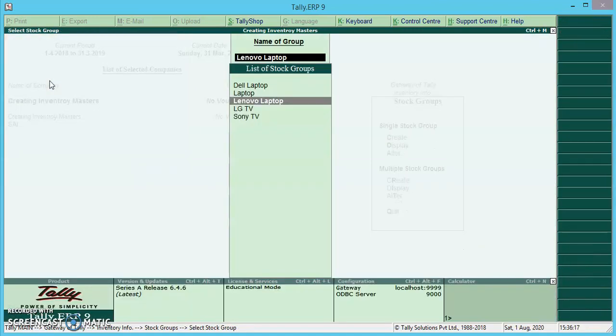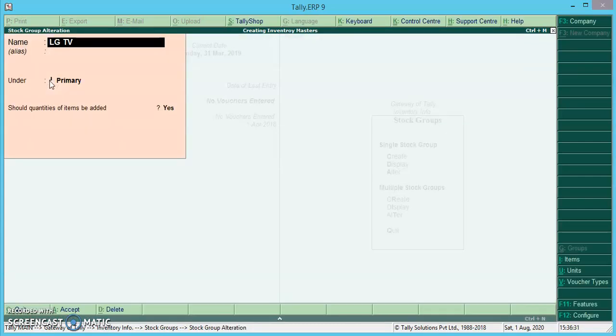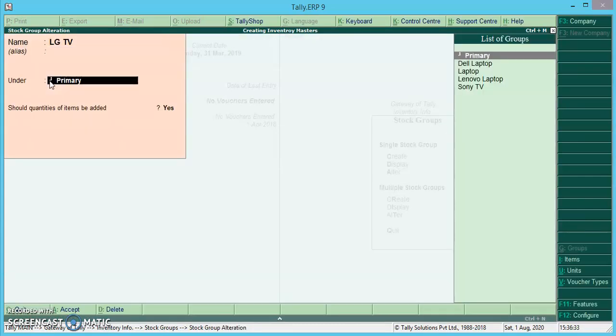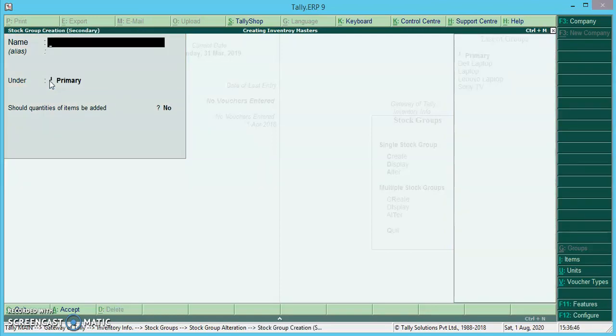Now I want to alter LG TV as well as Sony TV under the single head, that is television. Then to alter it, select LG TV in the list of stock groups. Under field, here again we have to create the television stock group, that is secondary creation of stock group. The shortcut key for secondary creation is Alt plus C. Television.